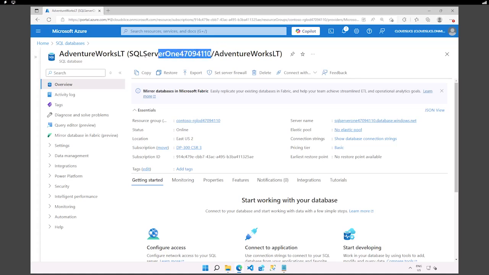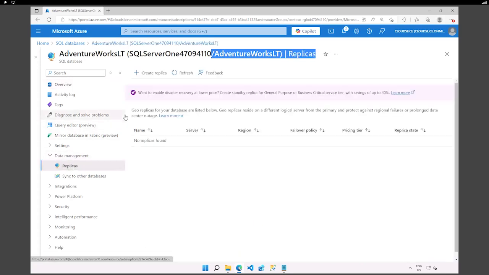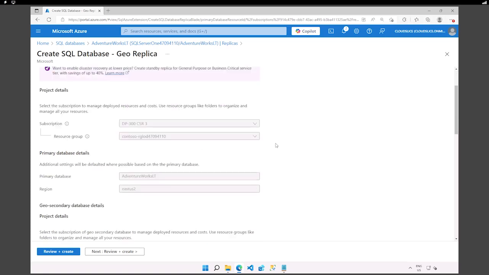Here, this is the name of the logical server, and then here, this is the name of its database running from it. Okay, so under data management, we have the option here to enable the replica. All right, so right now we have none. So we're going to create a replica, which is, as we can expect, going to be pointing from the server number 1 to the server number 2. Okay, that's the intent right here.